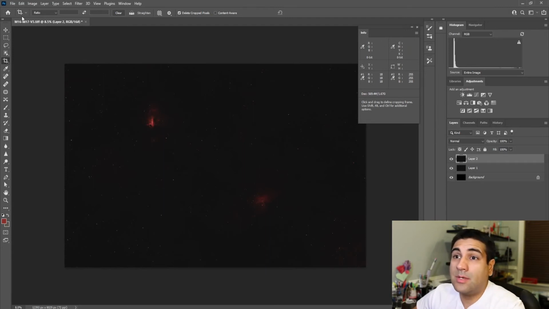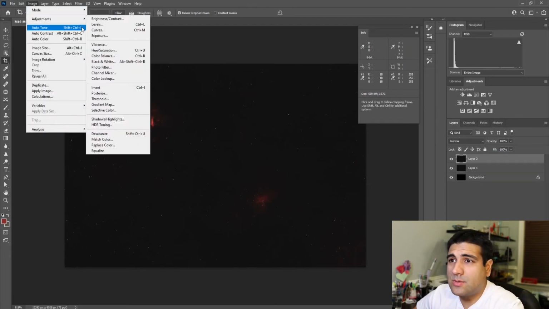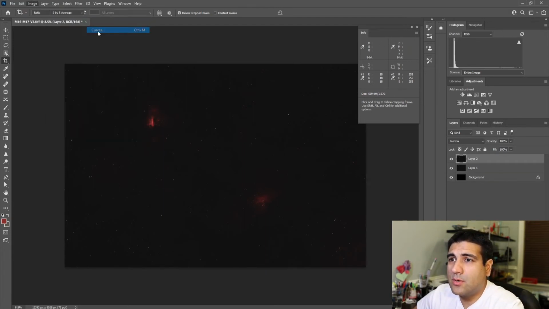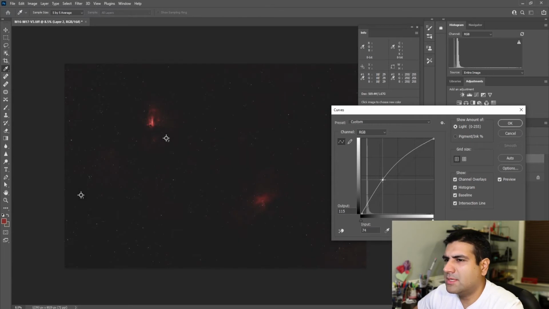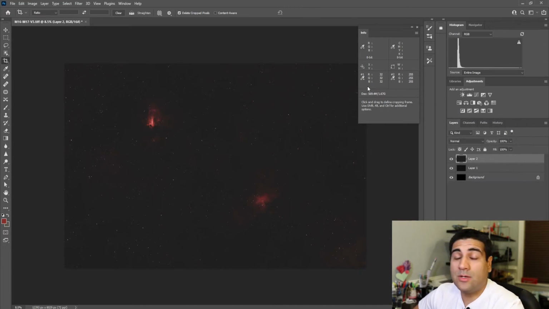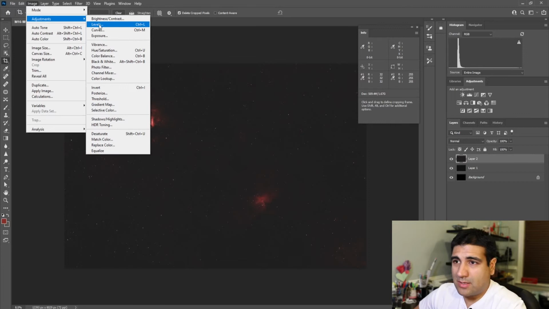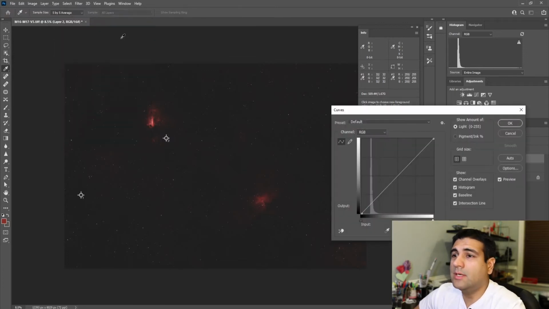So for now I'm going to do another light stretch. So adjustments, curves, I'm going to go up one more, try to get it closer to 30, maybe 32. There we go. Hit OK. Everything's looking good. So the next thing that we can do, and again for the purposes of this tutorial I'm not going to create another layer for it, but you could, we're going to create an S curve, and this